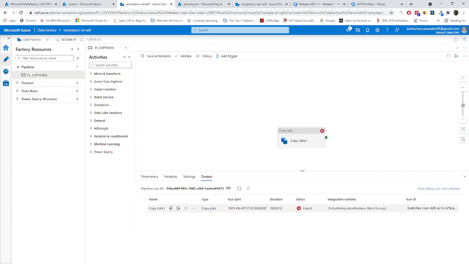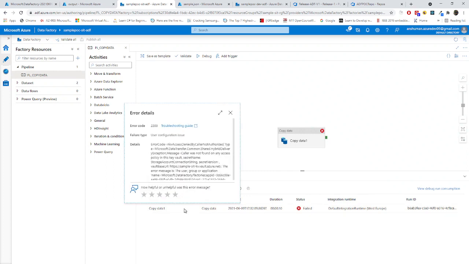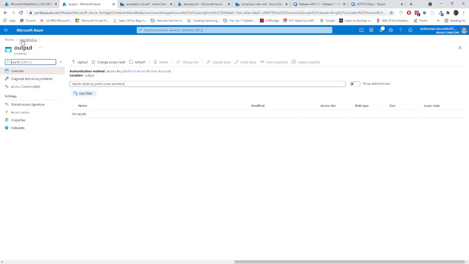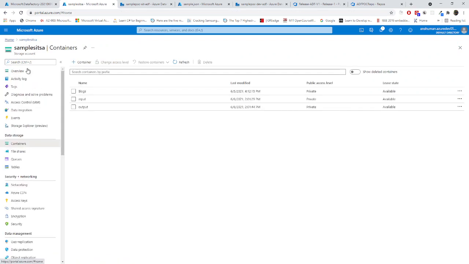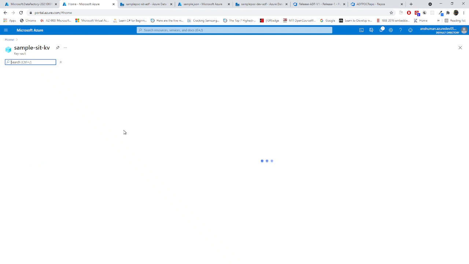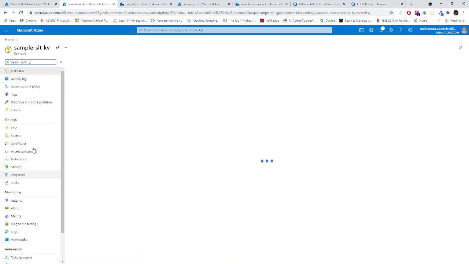Now this is failing. So why is this failing? I should check. Okay, user configuration issue, error code AKV access has been denied. Okay, the same issue which we have faced. This is not for the connection sync. Unfortunately, we have not given authorization access to this ADF because this is a new ADF. So again, we just need to go to our key vault. Thank God that this kind of issue is occurring in the video so that you will understand what kind of issue will happen in real time.